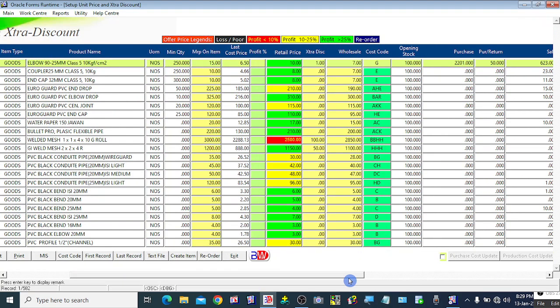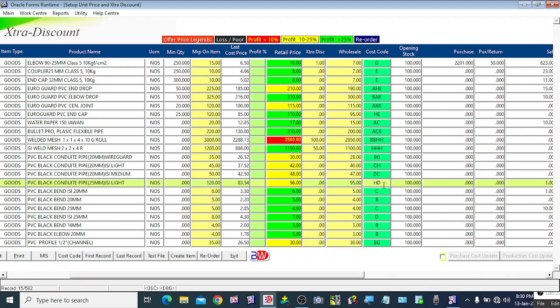All information about each product you can see in this list, like what was the MRP printed on the item, what is the last cost price, what is the retail selling price, wholesale selling price, if you have set any extra or additional discount against each item, the character representation of the cost price, this is auto generated,